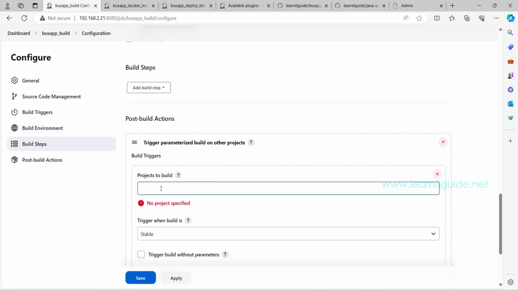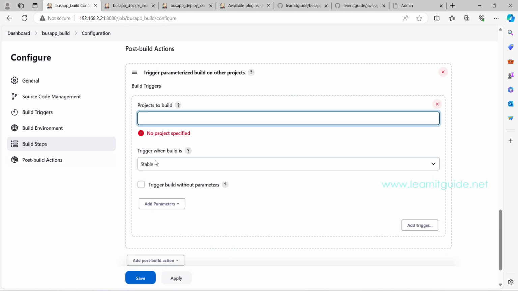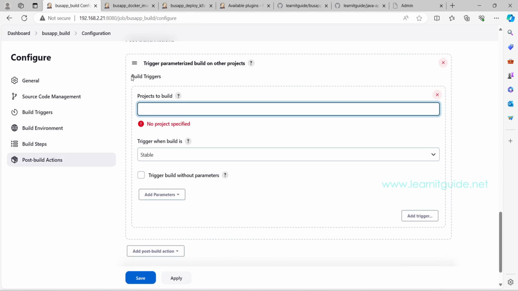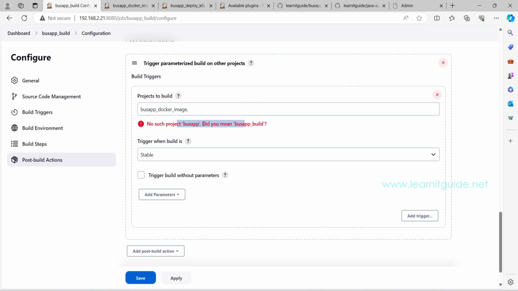If I select this one, it will ask you to enter the downstream jobs. Here just type the job names. It will list you all the jobs. Here I will select bus app, the Docker image. This is going to be my downstream job for the bus app build. It will accept multiple jobs separated by comma, but it will not here. That is why I am getting this warning. Just remove this comma